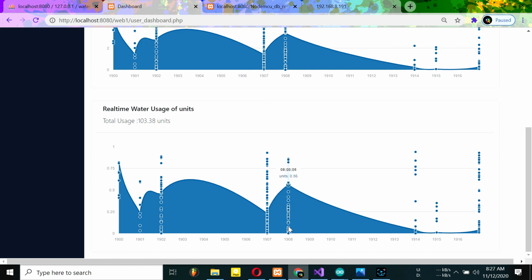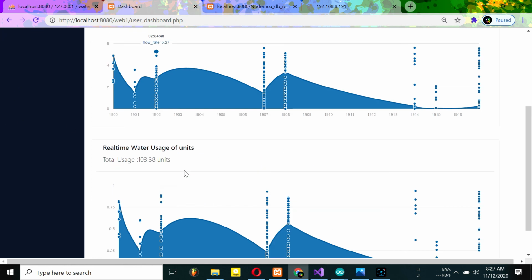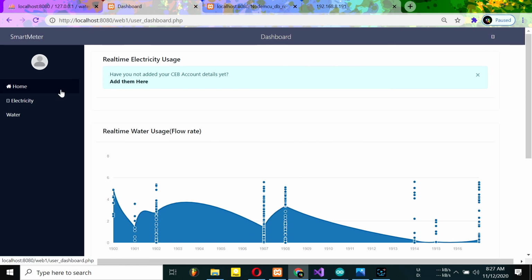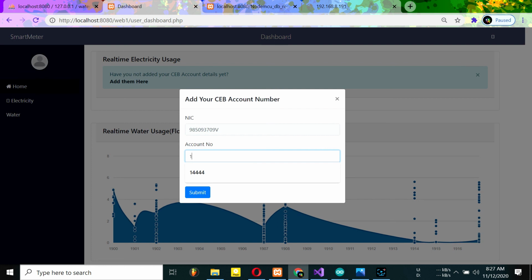Each of these dots represents a certain time period. This means for 1 hour, how many units. So after each hour it's plotting data. It's showing this when we enter the CEB account number as the same,